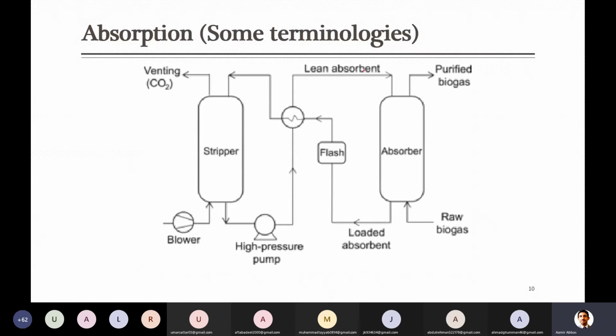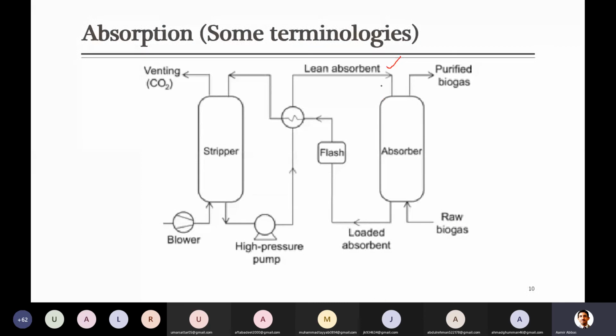So we will bring some liquid in contact with this from the top, you can see. I will tell you what this lean something is. Just consider that in this column the gas is entering from the bottom and the liquid will be entering from the top. The gas, being lighter, will move to the top because it is entering at high pressure, and the liquid will come down due to gravity. When they come in contact with each other, the purpose here is to bring such an absorbent that can absorb CO2 from this gas.